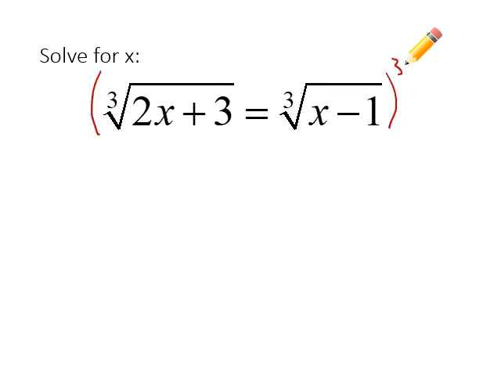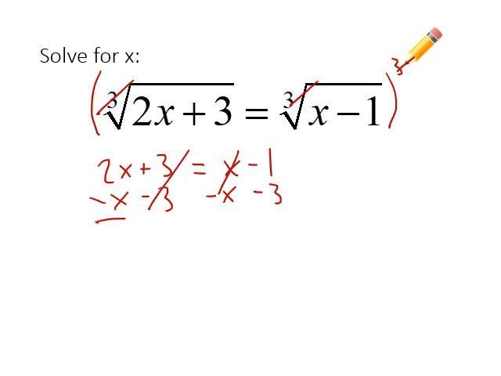When I do that, my cube roots and cubes cancel, leaving me with 2x plus 3 equals x minus 1. And I solve for x. I'm going to move the x's to the left. I'm going to move the constants to the right, leaving me with x equals